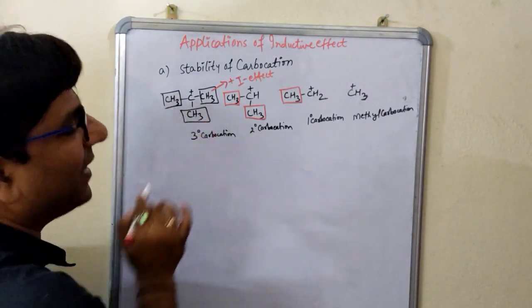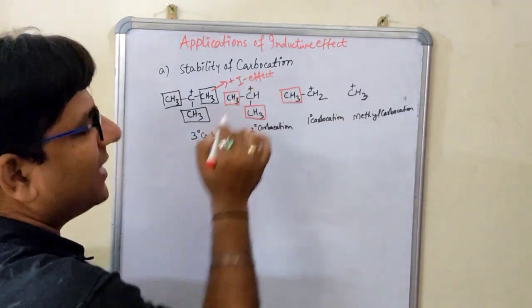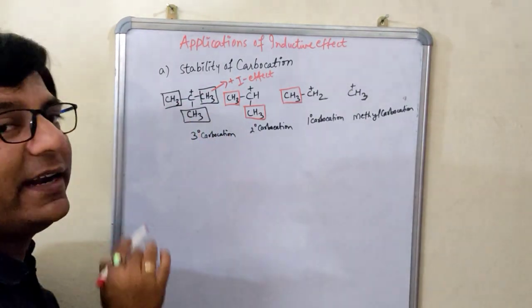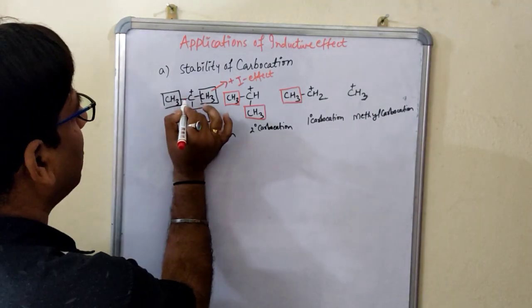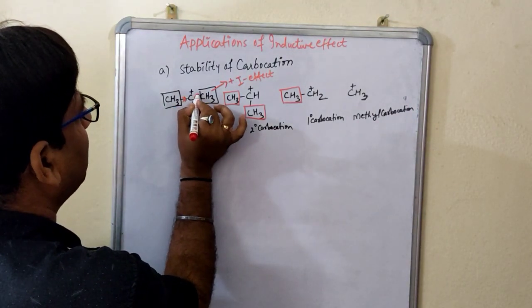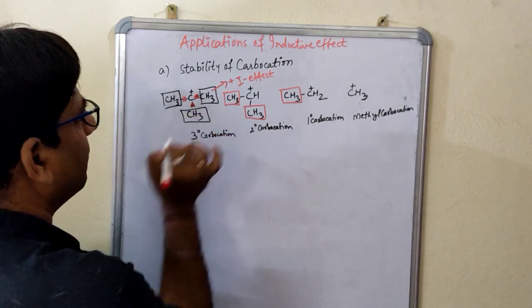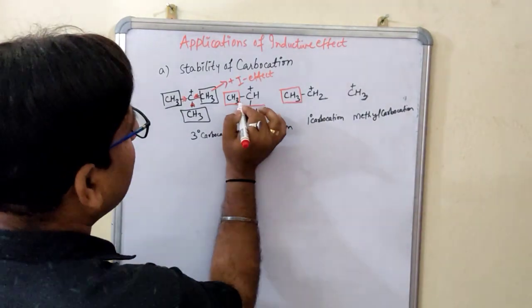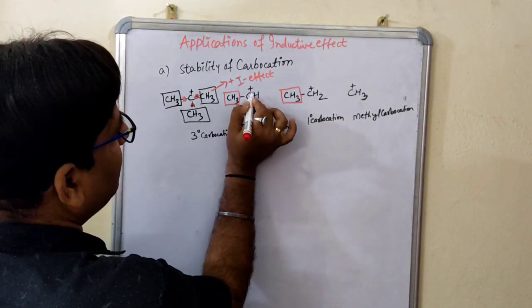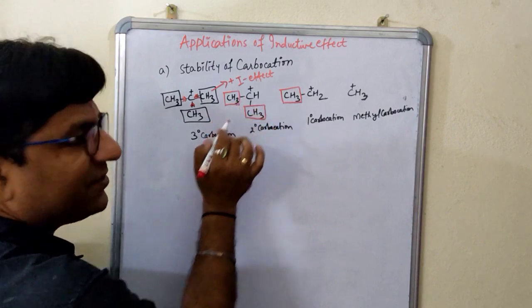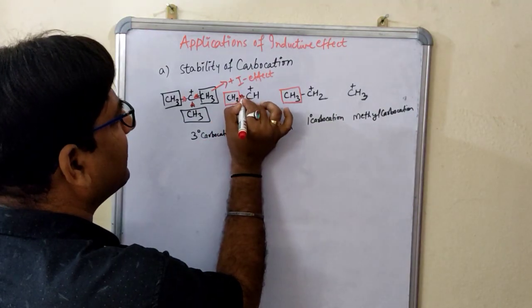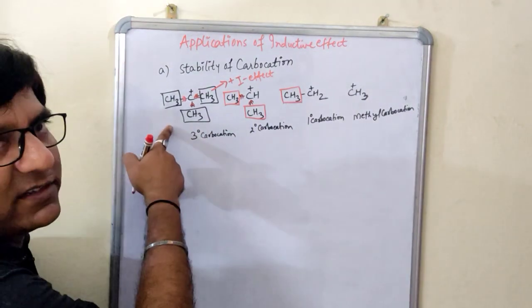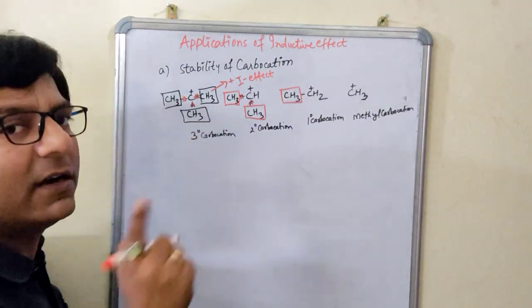Now from where will it get the electrons to get neutralized? From all these 3 alkyl groups, because they are what? They have the plus I effect, right? They are electron donating in nature, right? Now from all the 3 sides they will give the electron to this carbon, correct? Now when you see the second structure, in the second structure this carbon is also getting neutralized, because this is also electron deficient. It will also need the electron. Again, it is getting the electrons from 2 sides. Here it was getting from all the 3 sides. Now here it is getting from 2 sides.